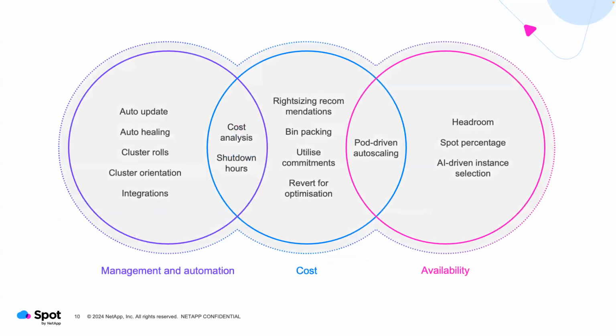When I jump onto the different things that we are solving for, they really go into those three different categories. What are we solving that's a management task? What are we automating? What are we addressing from the cost perspective? And then what are we doing around the availability perspective? And these different topics, I'll touch on a few of these, but I won't touch on all of them. But these are the topics that we're talking with our customers about, or we're solving for customers.